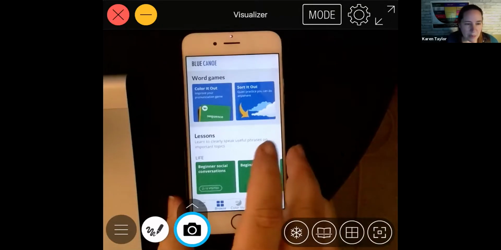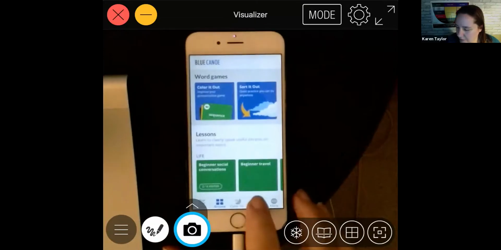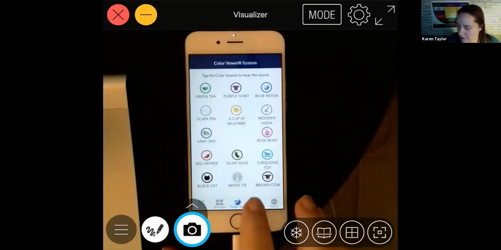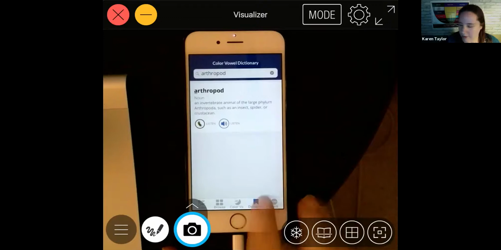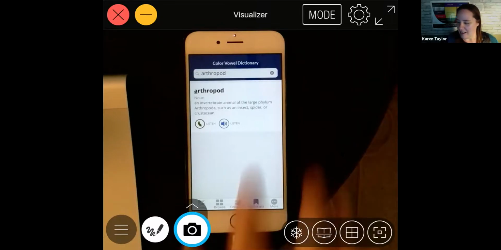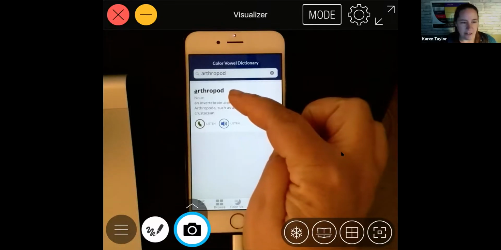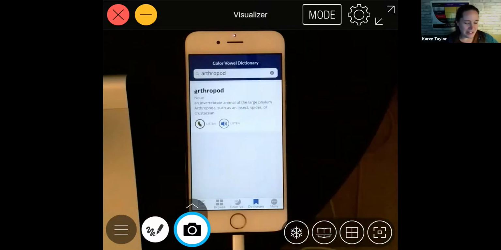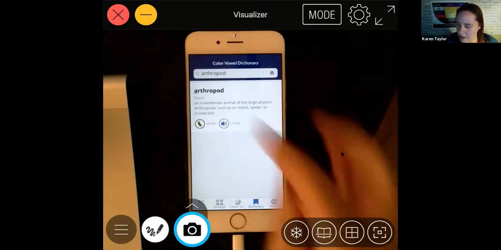In the app, we do have a dictionary. That's the chart, and there's the dictionary. Most recently, I was looking up anthropod, and I couldn't find it because it's not a word of English. I finally figured out it's the word arthropod that I was looking for. So indeed, like Shirley was saying, I was looking up a word that I barely knew and figured out that it was a little different than I thought.